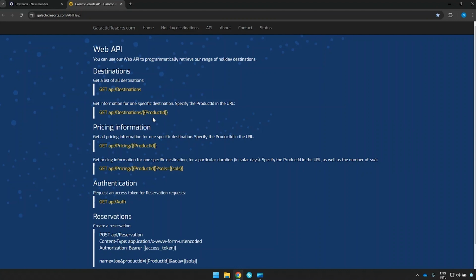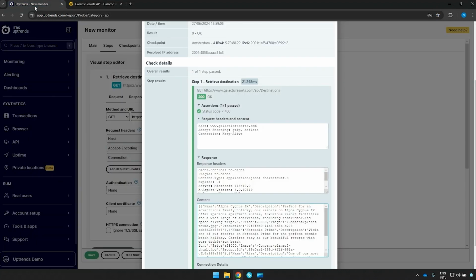URL. Using the multi-step API monitor type, we can parse the response from the first step, so that JSON response, the complete list of destinations that included the product IDs. We can isolate one of the product IDs from there, save it to a variable, and then reuse that variable in a subsequent step. So back in the monitor, in the response tab of the first step, we can set